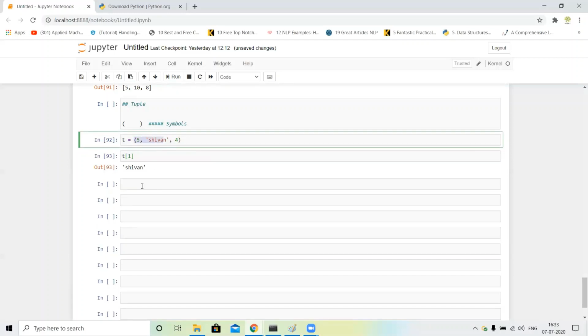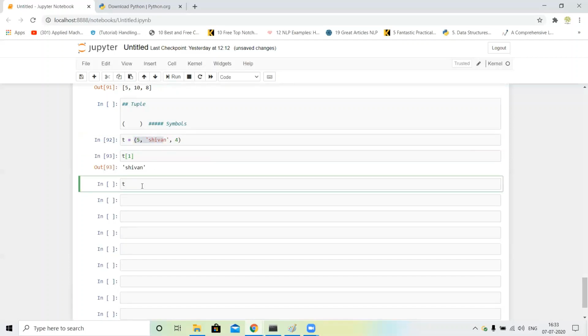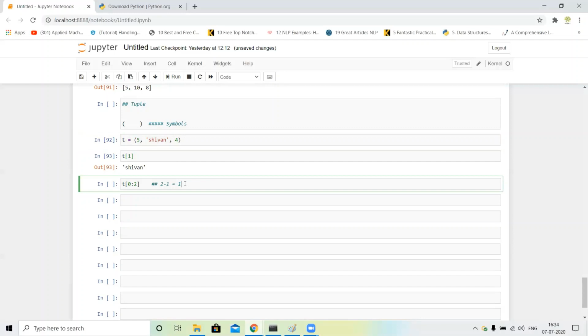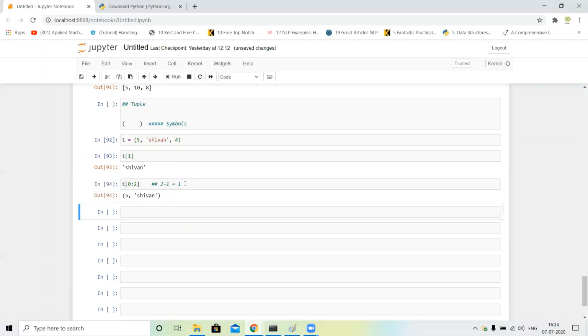So how is it possible? So I just write T of 0 to 2. Our output goes up to 2 minus 1 equal to 1. So 0 and 1, only 5 and C1. So you can see our output is 5 and C1.